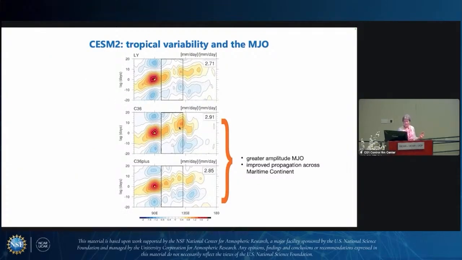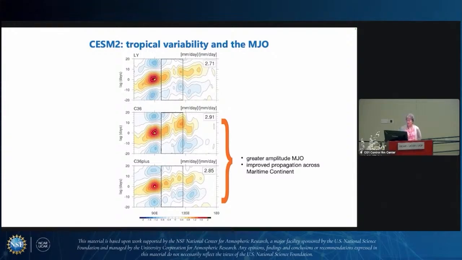So what we're looking at are Hovmöller diagrams of MJO propagation from the Indian Ocean across the maritime continent, which is shown with the box, into the western tropical Pacific. And so the numbers that you see here, this is the standard deviation of rainfall at this base point. This is slightly underestimated in the default surface flux parameterization. When we go to just the bulk transfer coefficients, you can see that the coherence of the MJO is degraded,